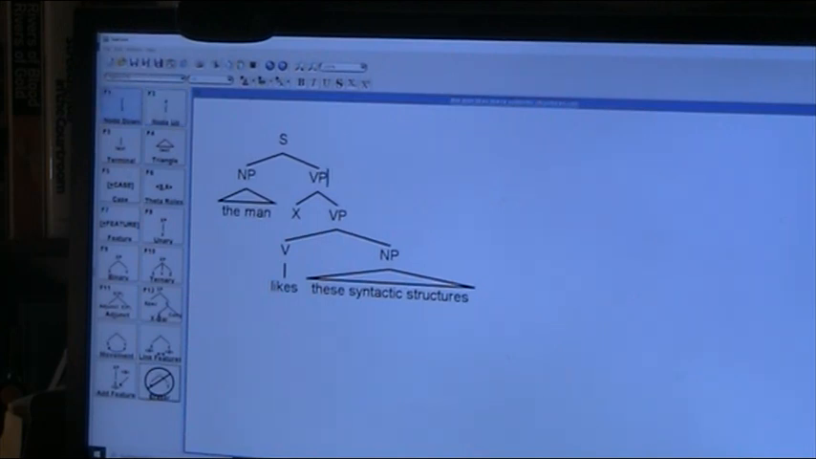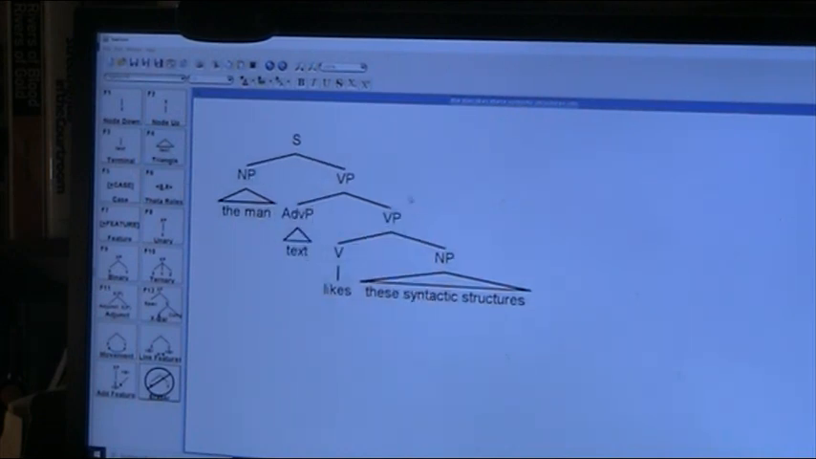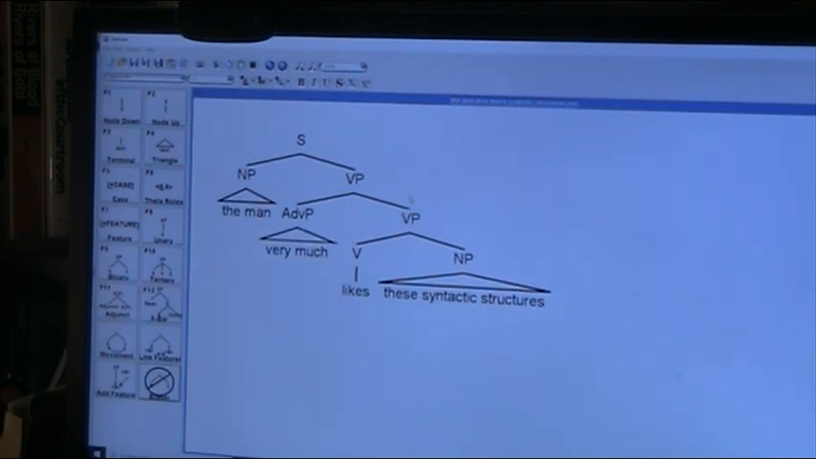Previously I went 1 node up, now I go 1 node down. I write for this adverbial phrase. Once again, internal structure is irrelevant. Very much likes these syntactic structures. Okay, that's one way of adding the adverbial phrase, but as we know, we can also add the adverbial phrase at the end. And in order to do that, we don't have to undo the structure that we just built, but rather